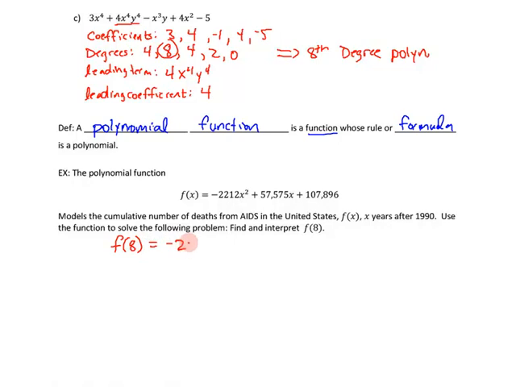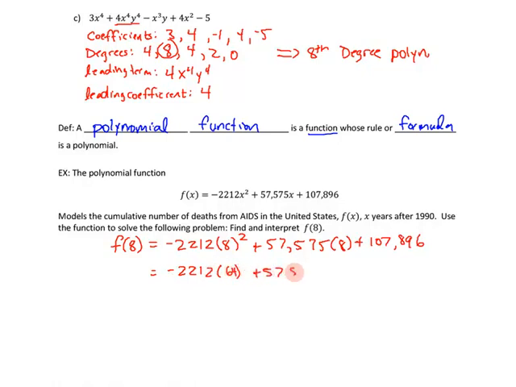So negative 2,212, replace the x with 8, plus 57,575, replace the x with 8, plus 107,896. All right, now going to my calculator, of course 8 squared, I don't need my calculator for that. I'll use my calculator on the next step, but 8 squared is 64, plus 57,575 times 8, plus